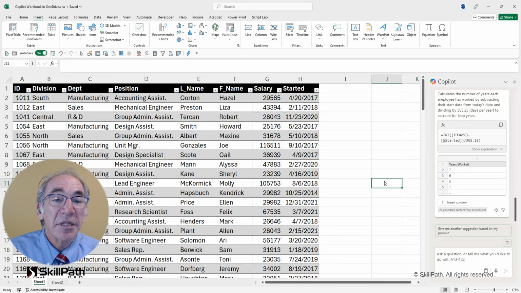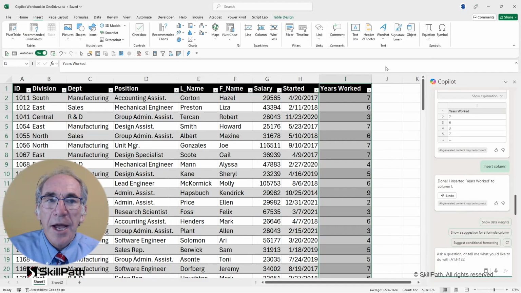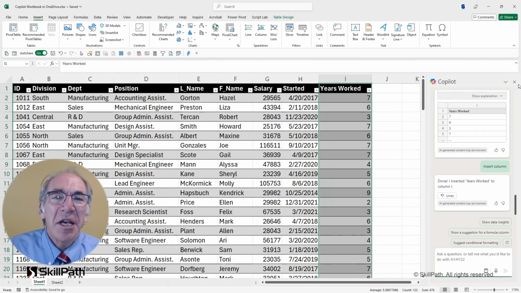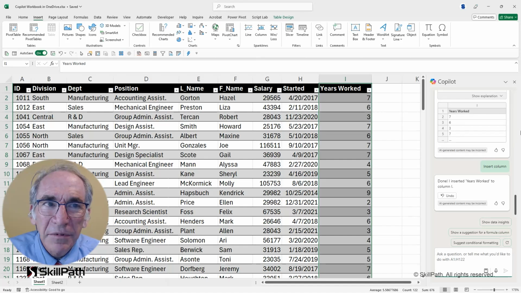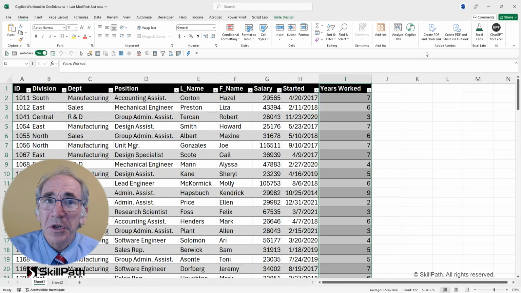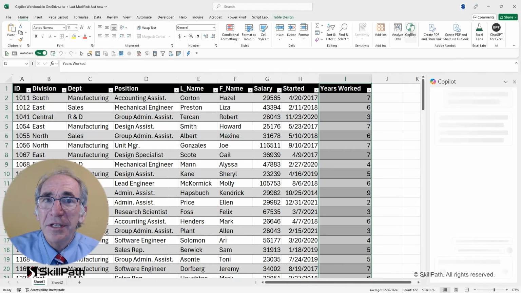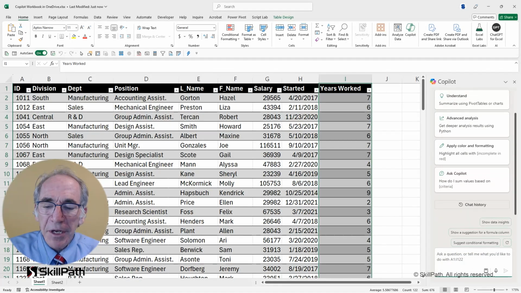Let's close out the Copilot panel for a moment by either going up to the Home tab and choosing the Copilot button, or just by clicking on the Copilot close window on the right. Now that I have the years worked, I'll return and revisit the Copilot pane and think of some other things to do.